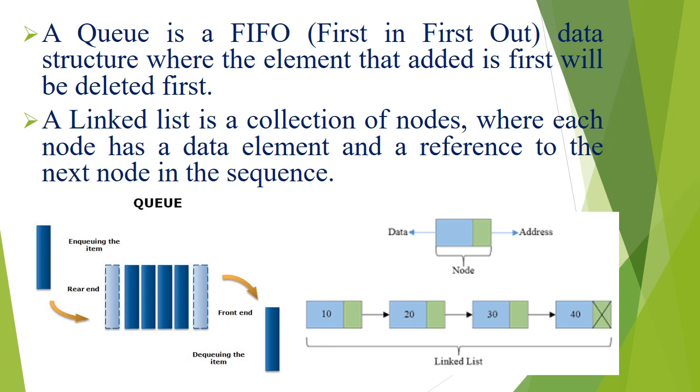And the next one is a linked list. A linked list is a collection of nodes. Here the elements need not be arranged in continuous memory locations, that is, the elements can be stored in any location. From the name itself, it indicates there is a link between one element and the other element. Here is an example of how linked lists are arranged in memory.